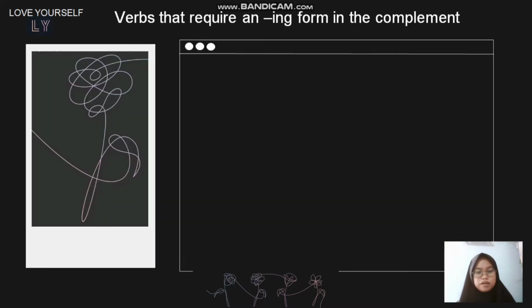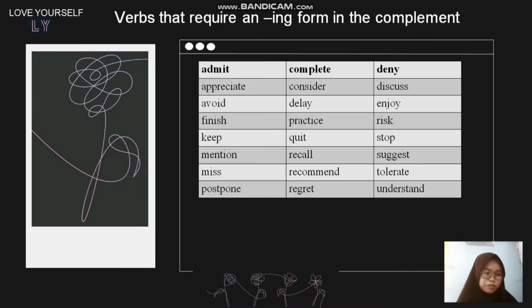Okay, next problem is verbs that require an ing form in the complement. Remember that the following verbs require an ing form for a verb in the complement. The list of verbs are admit, appreciate, avoid, finish, keep, mention, miss, respond, complete, and so on. You can see them in the following table. And the formula is